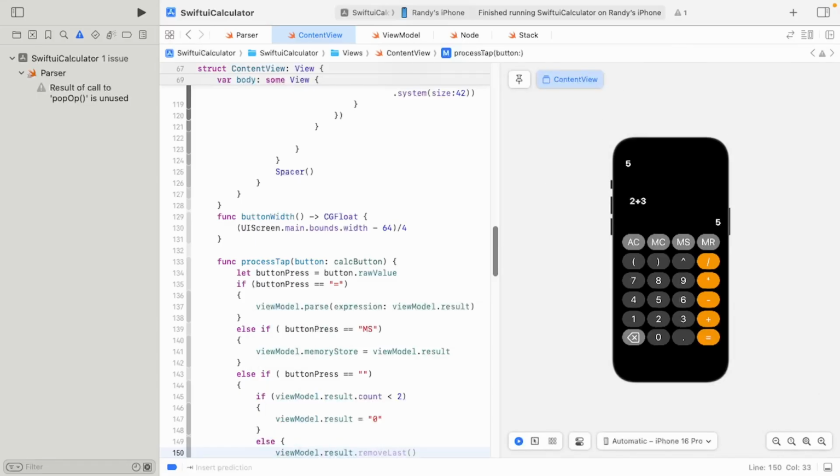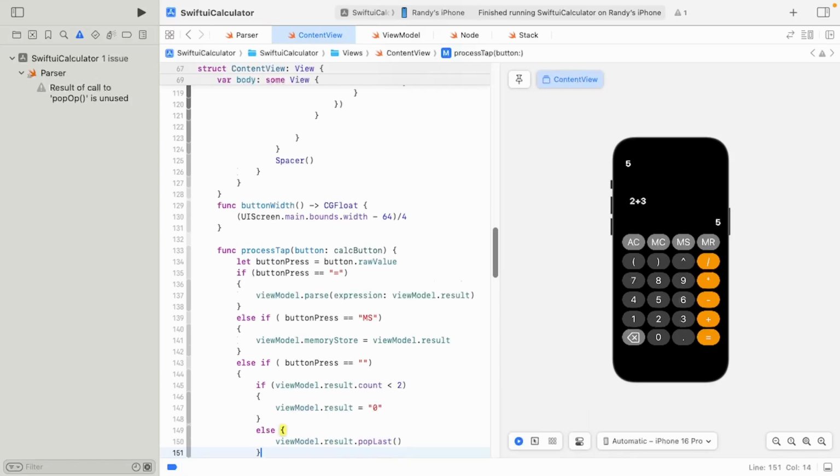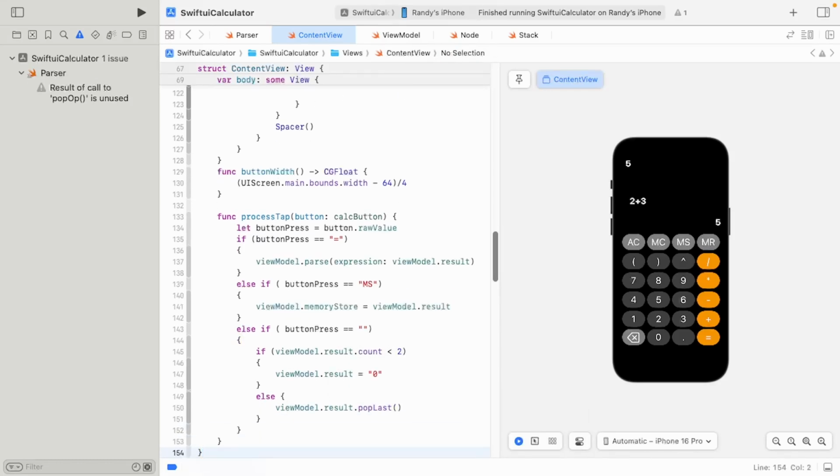result dot pop last, and that's going to get rid of the last character in the string. So if you have 1, 2, 3, pop last will get rid of the 3, and that's what you want for the backspace. So then we're going to say